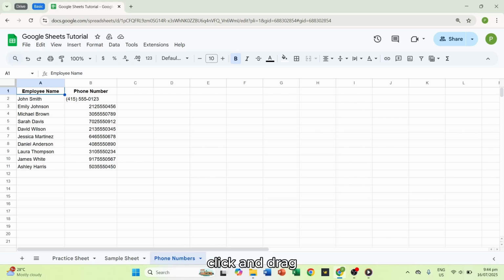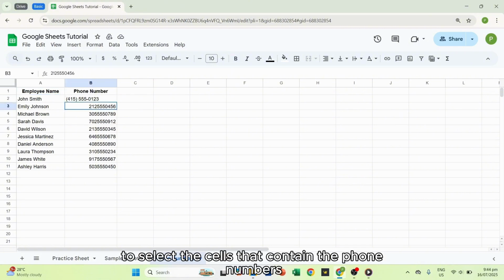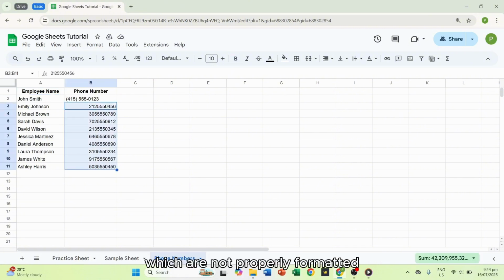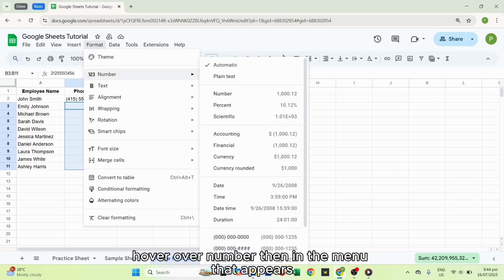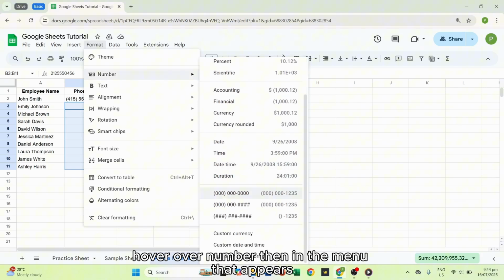First, click and drag to select the cells that contain the phone numbers which are not properly formatted. Click Format in the top menu, hover over Number, then in the menu that appears, scroll down and choose Custom